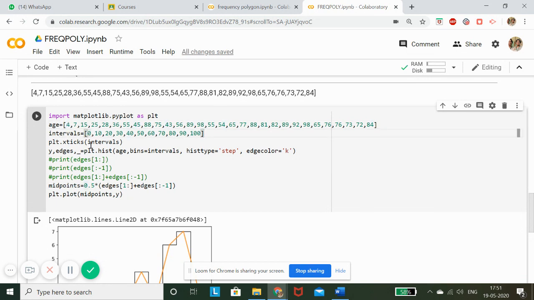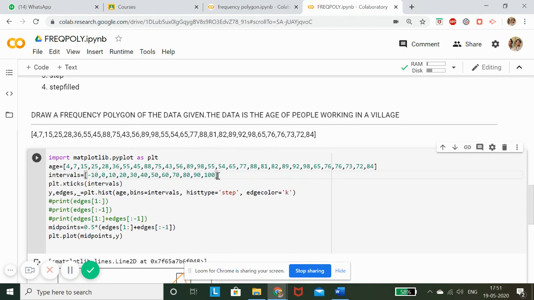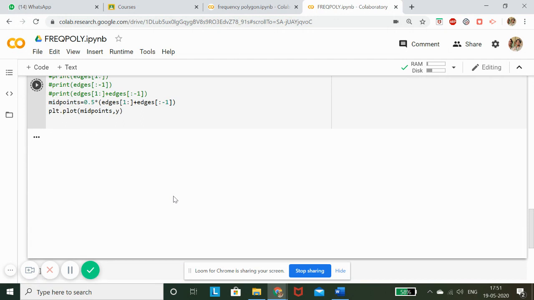So I will extend my interval to the left hand side, that is -10, and my last interval, which is as per the values given in my graph, is 100, but I will extend this then to 110. One more extension to the right hand side as well as left hand side. Now my line graph has converted into a polygon.